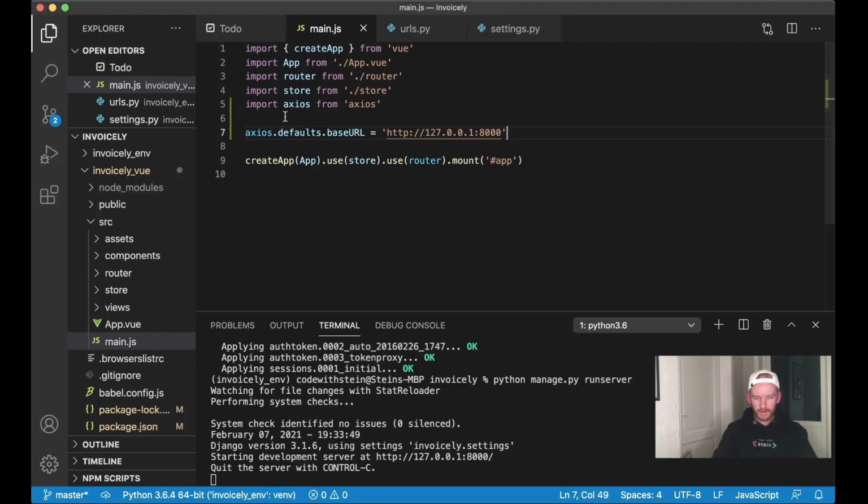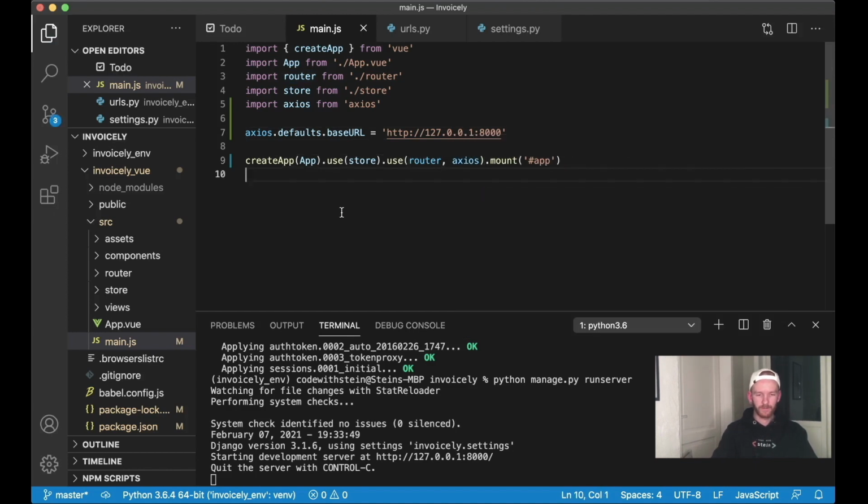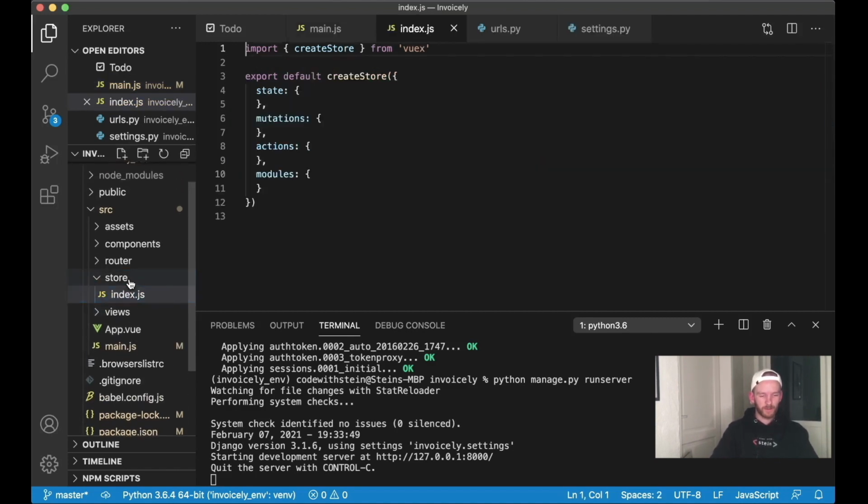This is the URL for the Python server which is running down here. And to make sure that we are using Axios, I also need to append it here next to the router, Axios, and save. So now every time we use Axios, we are going to use this base URL. Perfect. Next step now is to set up the store, which is going to hold global data around the web